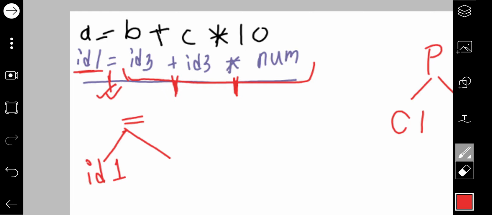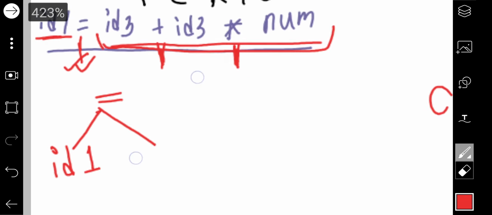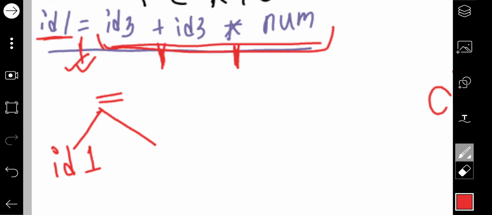Okay, so the equal symbol is taking one child as id1. Now the second child: it will assign the result here. The result will be coming from this line. When the result is coming from this line, you have to consider what is the last thing that will happen here.